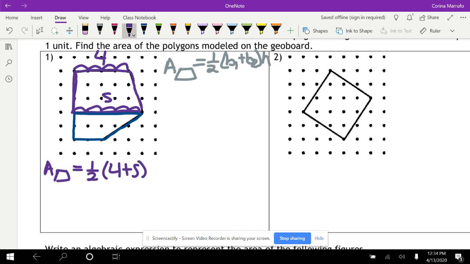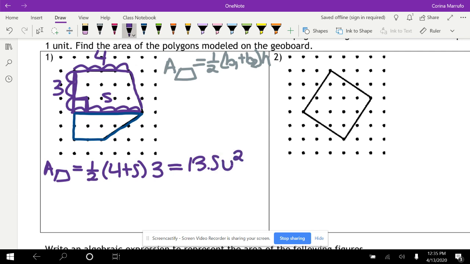And then we have to multiply by the height. So our height is this one right here, 1, 2, and 3 units. Remember, it has to make a right angle with the base. There's your right angle, and that would be our height. So we plug all of this into our calculator: 4 plus 5 times 3, and then we take half of that. And that gives us 13.5